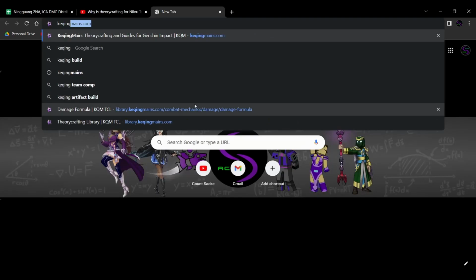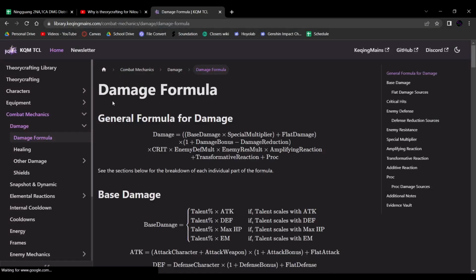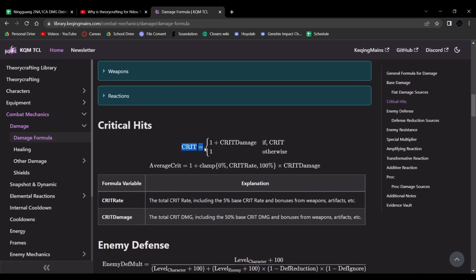So I'll head over to the Cutting Mains library, and here we have the damage formula. It's kind of long, but the thing I want to point your attention to is crit. There's this crit here, which basically is what people typically would assume when you have crit: 1 plus your crit damage percent, so whatever your value is in your crit damage, that is that. So this is if you crit, and this is if you don't crit. This is how we typically would calculate, if you want to just calculate something individually. But the thing is, we don't always crit, so it's hard to say whether or not we should use this value or this value.